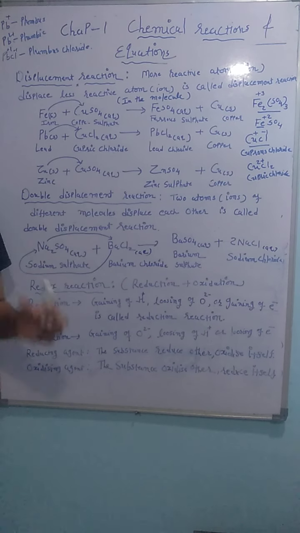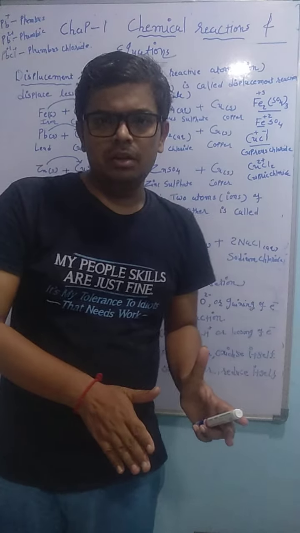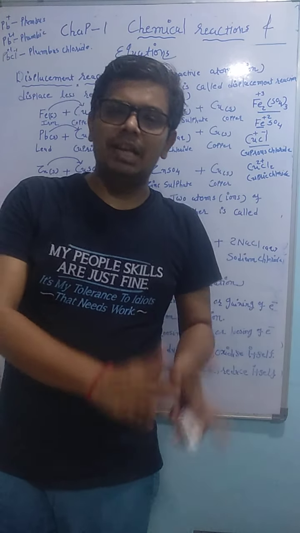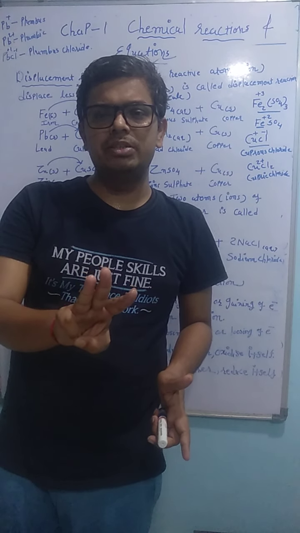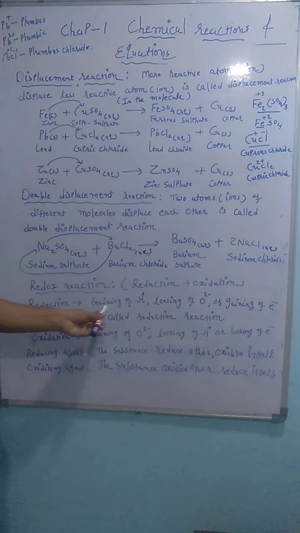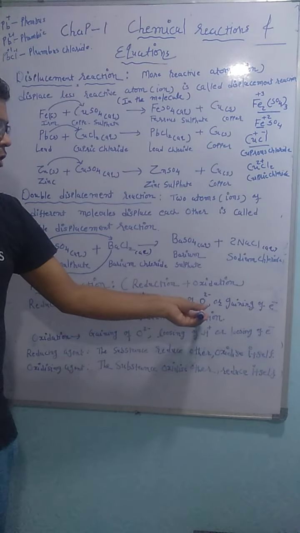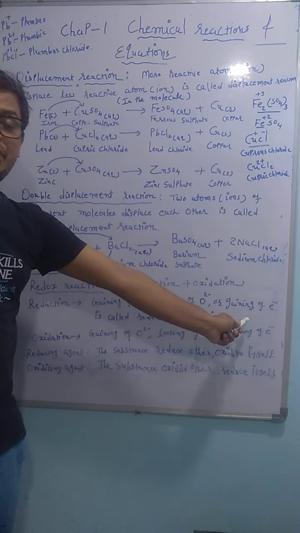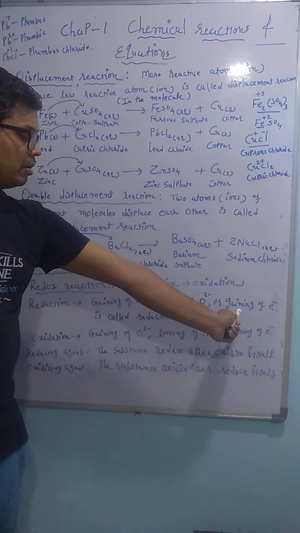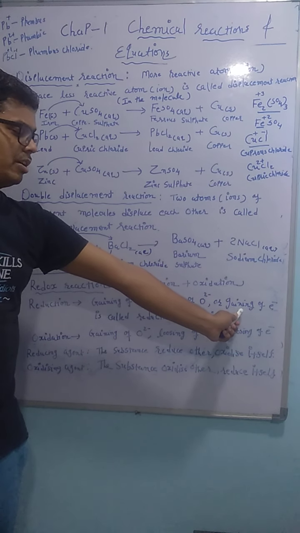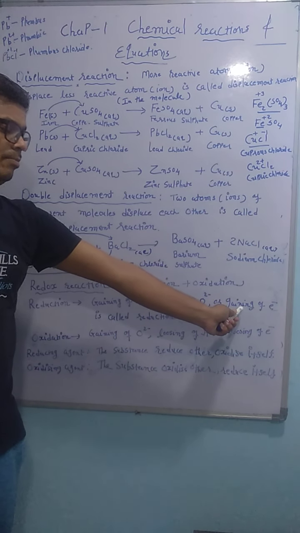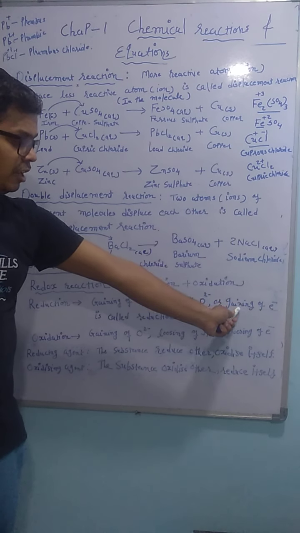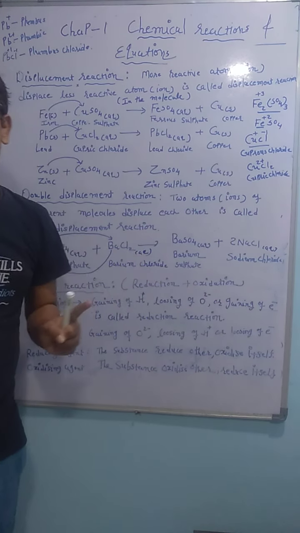Reduction: addition of hydrogen, removal of oxygen, plus addition of electron. 3 definitions are there for the reduction reaction: gaining of hydrogen, losing of oxygen, or gaining of electron. Remember, students, last time we learned about the reaction when we pass electric current through water, at that time the hydrogen is obtained on the cathode. Gaining of electron always occurs on the cathode.